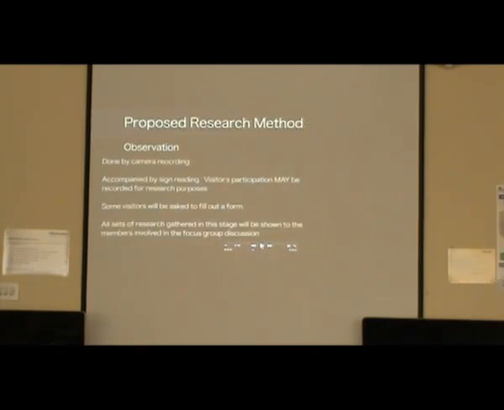Okay, and from this I had my proposed research method. In the observation stage, rather than myself observing and taking notes, I would have a camera recording. But in order to deal with the behavioural changes, I would have a sign next to it that said participants' interaction might be recorded, because that would make them unsure if they were being recorded or not, and hopefully it would reduce their behaviour changes so that research would be more accurate.